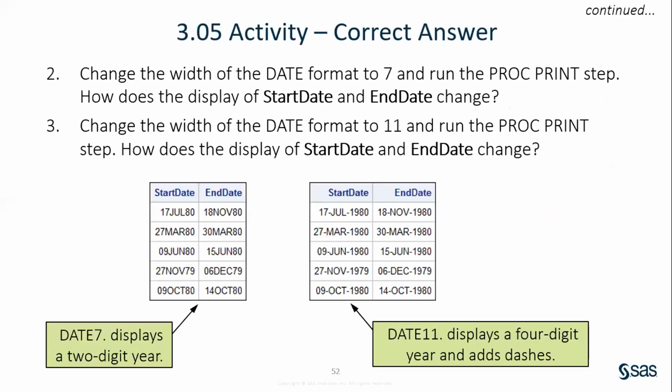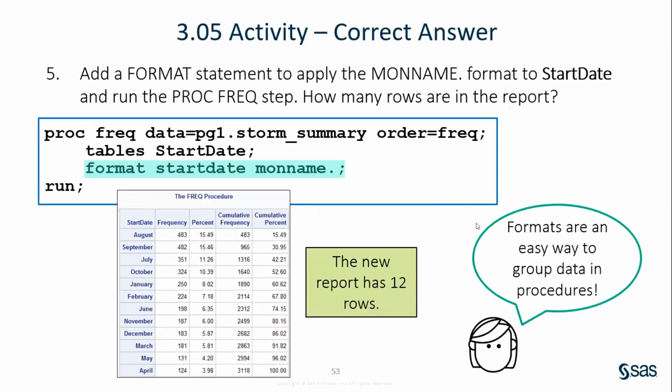With this second point, you have changed the format. So you have applied the date format with 7 width, and this is with 11 width. You get the date appearing like this, correct? It gives you a special sign, a hyphen, in between the date, correct? Did you get the same thing? Yes. Right. So point 4 is part of it. Point 5 is telling you to add a format